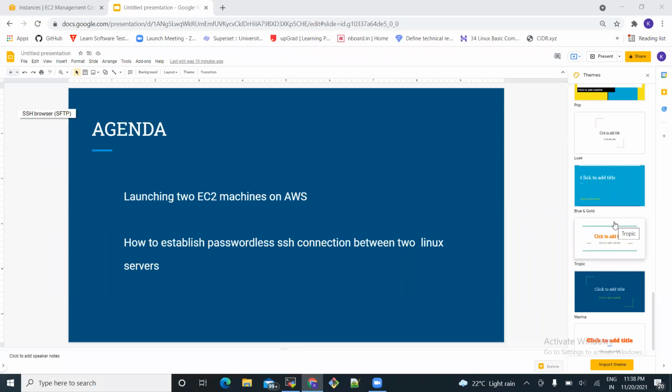Hello, hi everyone. In this video, I'm going to talk about how to establish a passwordless SSH connection between two Linux servers. These two Linux servers are launched using EC2, which is from AWS. Now let's see